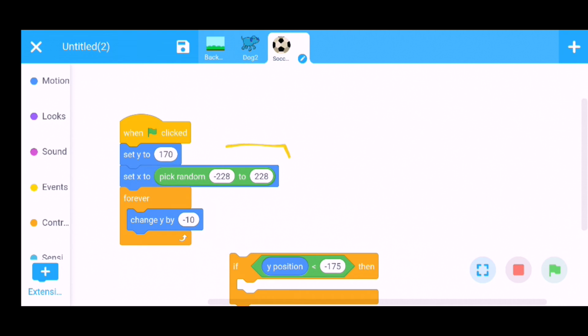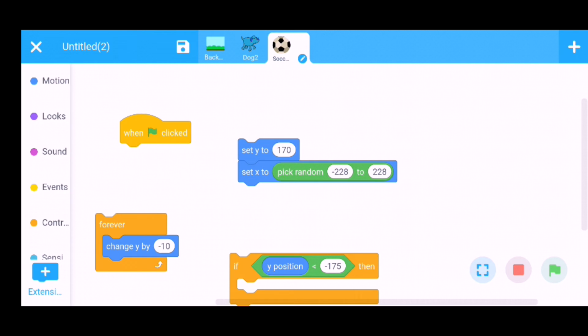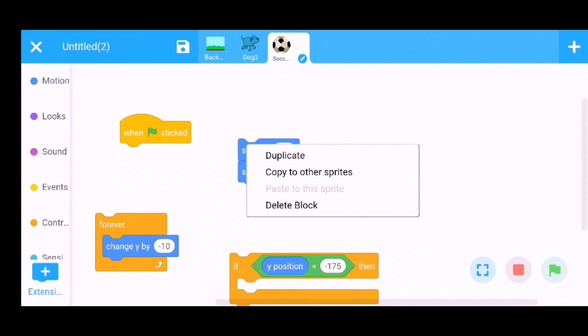Then repeat these two commands. Create a duplicate: click on this, touch there for a few seconds, and automatically this box will open.